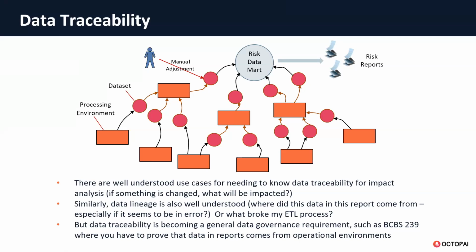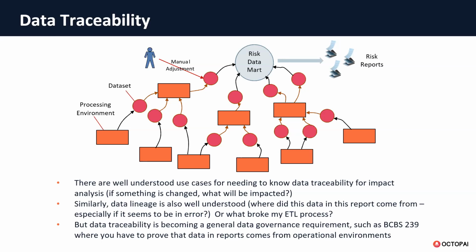And going the other way, sort of traditional lineage, something broke, what's feeding into it that could have broken, for instance, my ETL processes? But I want to point out that data traceability is becoming more of a general data governance requirement.